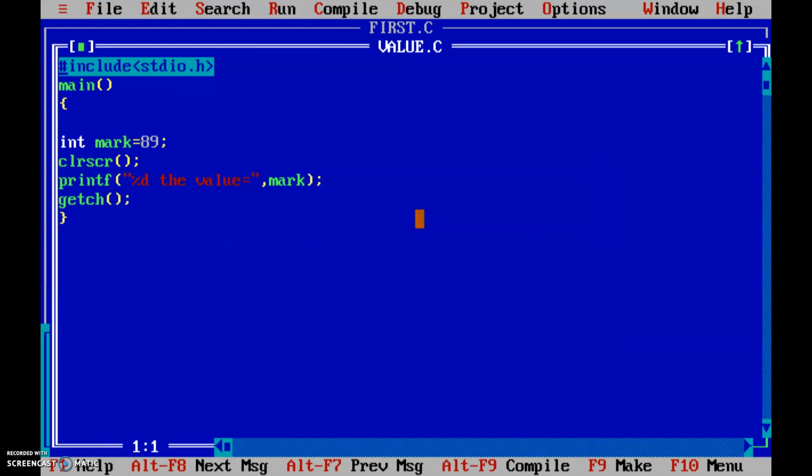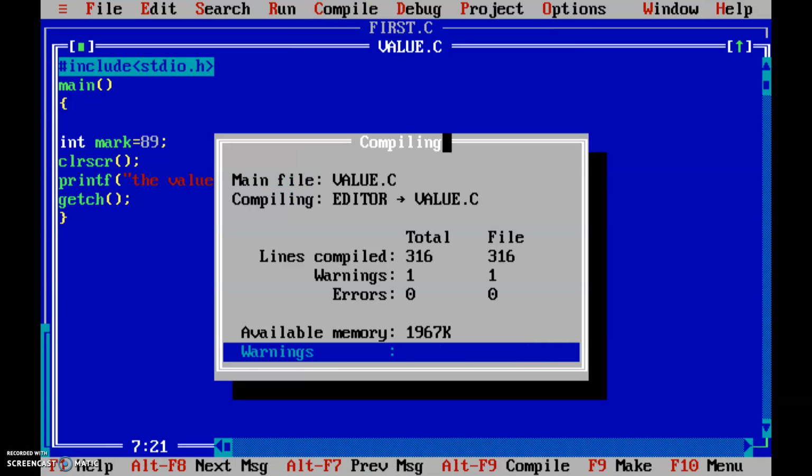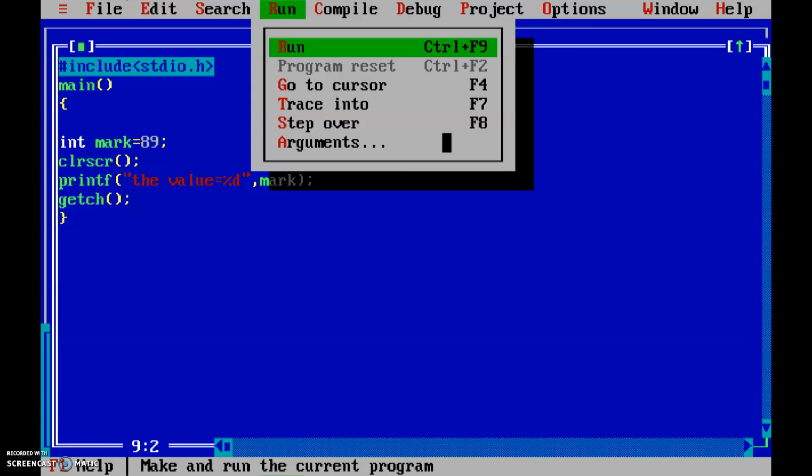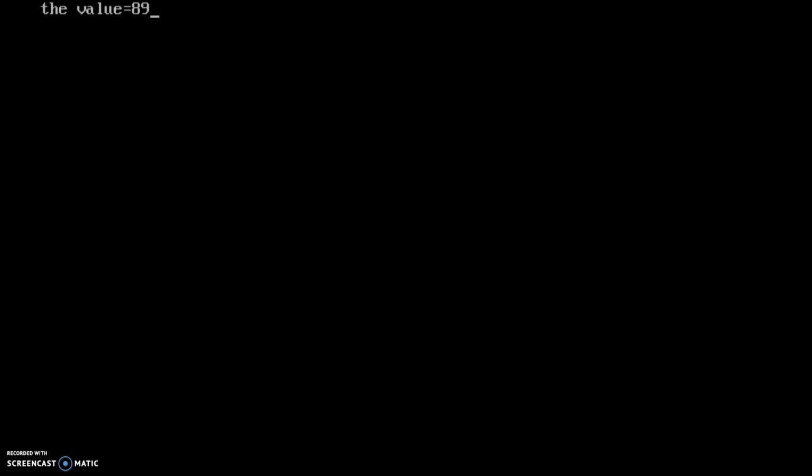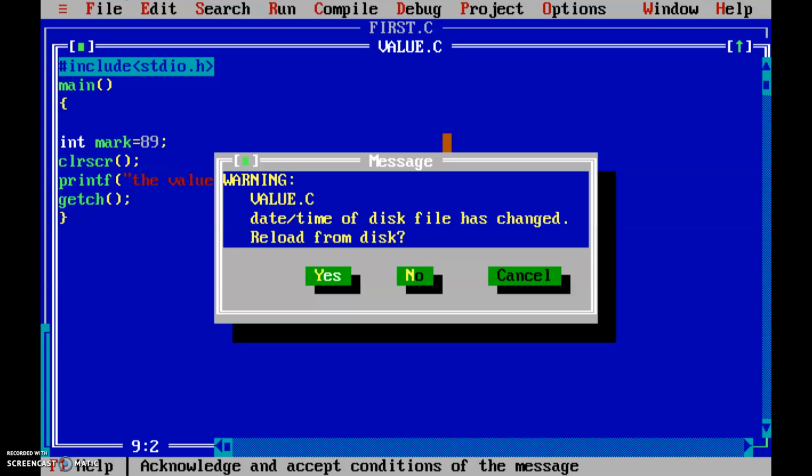So here you have to write this %d after this equal symbol. Then you will get the correct output. Alt C, Alt R. The value is equal to 89. Okay.